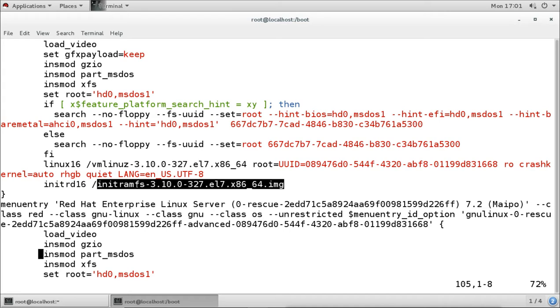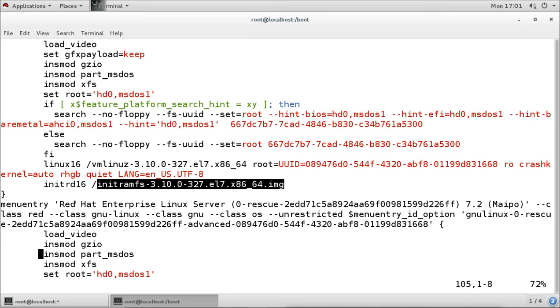Right now our main file system is not loaded. This is the temporary file system to run and execute the main file system. So whatever drivers and applications are there, they will be run from here. I will show you what this file system is and how it looks.